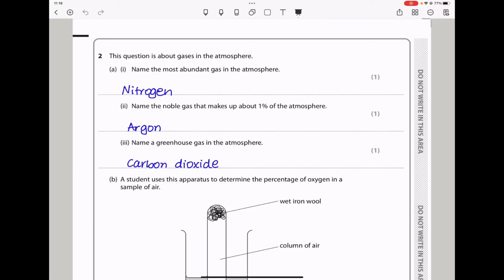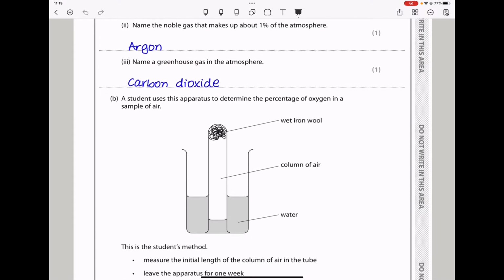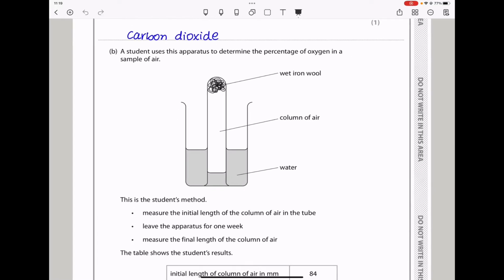Question 2. This question is about gases in the atmosphere. Name the most abundant gas in the atmosphere. This is nitrogen, about 78 to 79%. Then they say, name the noble gas that makes about 1% of the atmosphere. That noble gas is argon, about 1%. Then name a greenhouse gas in the atmosphere. This is carbon dioxide. In part B, a student uses this apparatus to determine the percentage of oxygen in a